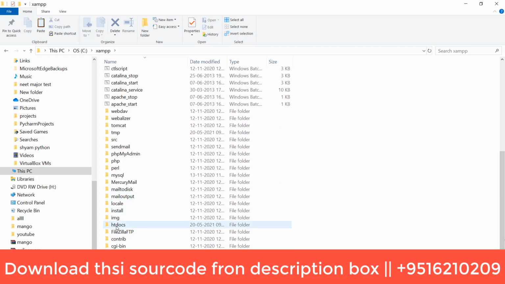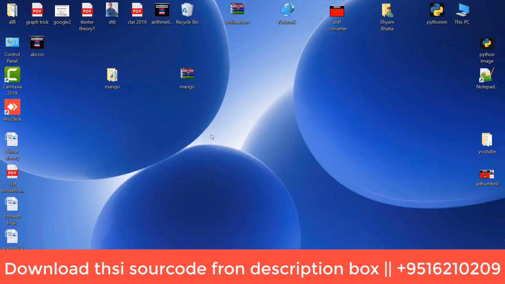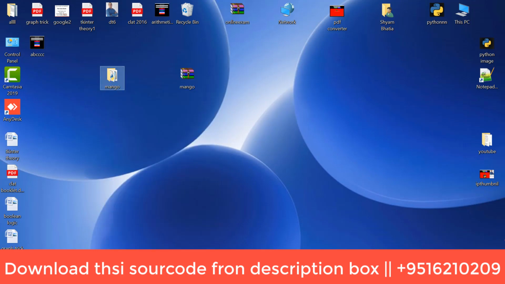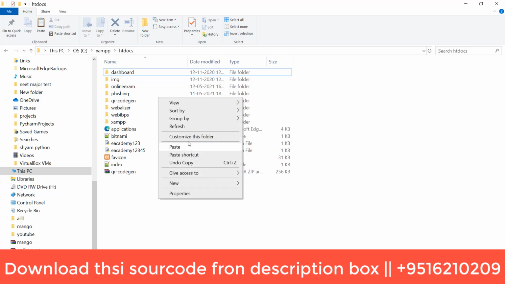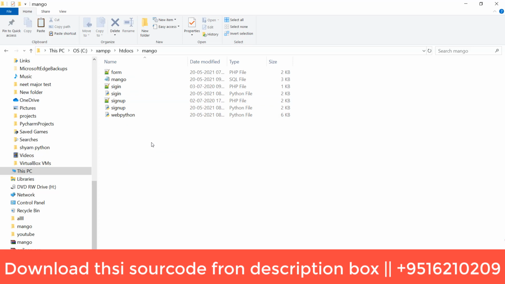What does it mean? When www is called, then the request will hit at that location, htdocs, and here you will paste that code. So what is this? Copy and paste here. Yes, and if you open, then you will see the 4 to 5 to 6 files. Perfect. Then make the setting, whichever setting you need.